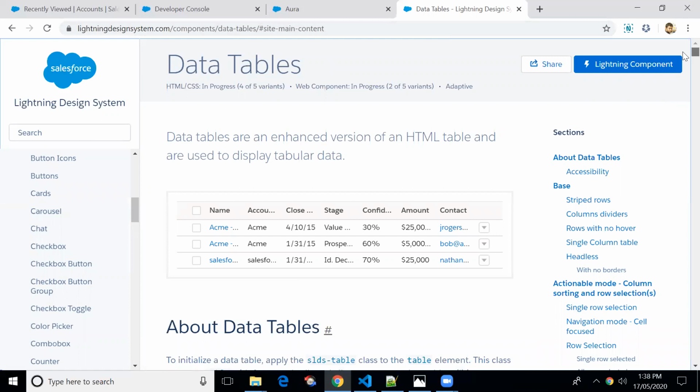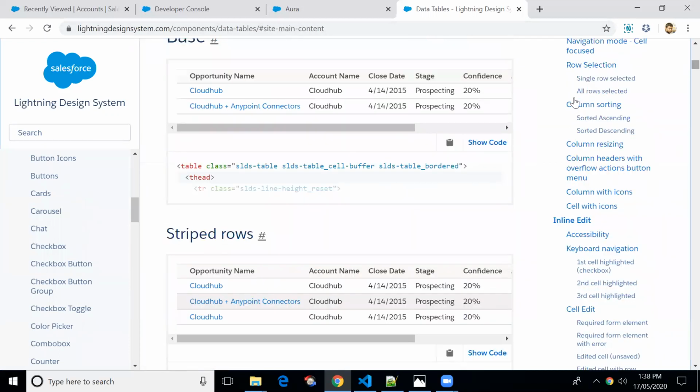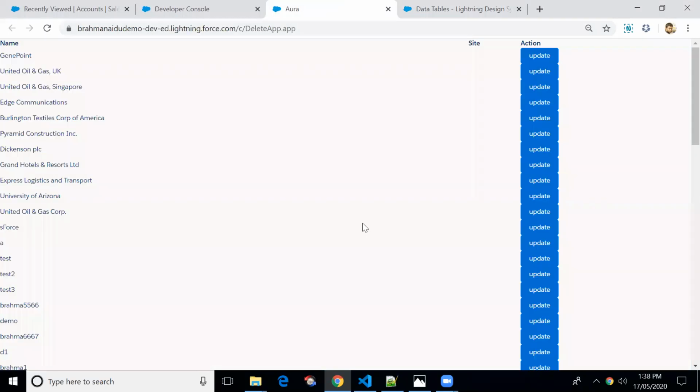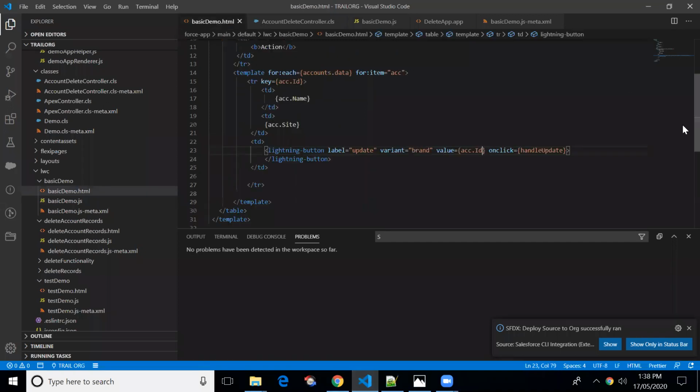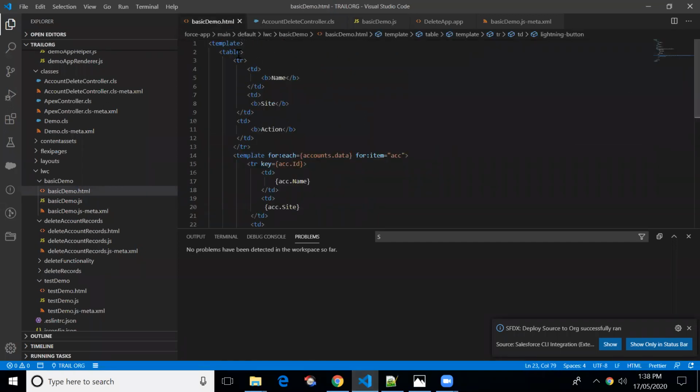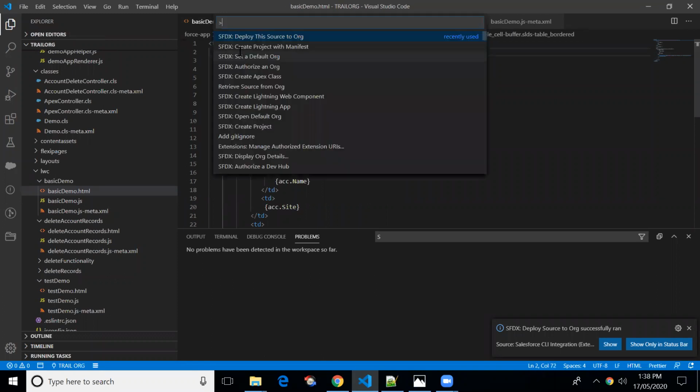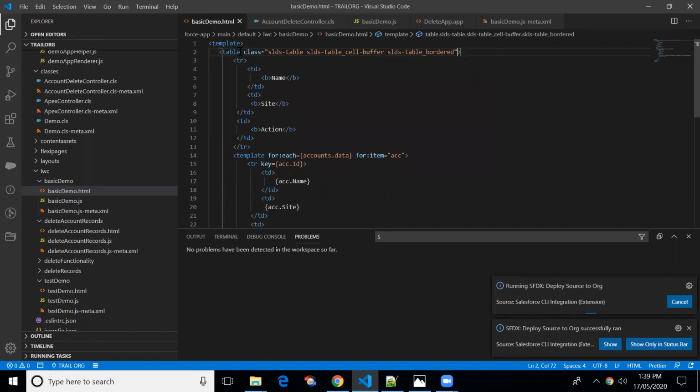Okay, what I'll do is copy the class name and put it into our component, because this is not looking good. Let me add the design to the table. Let me push this code to the source org.